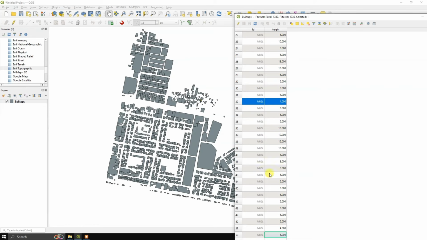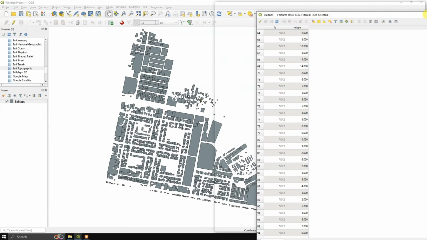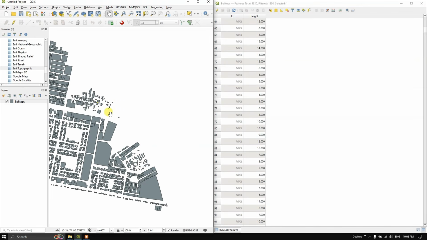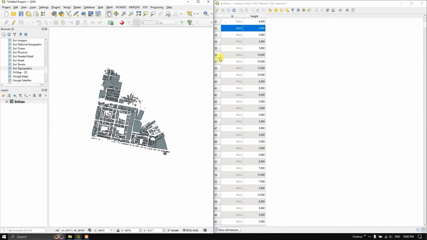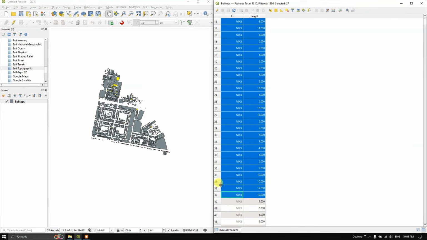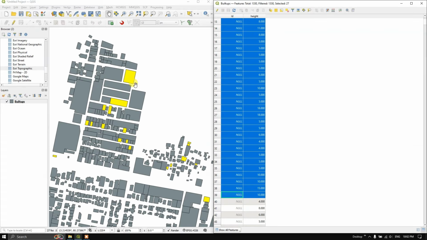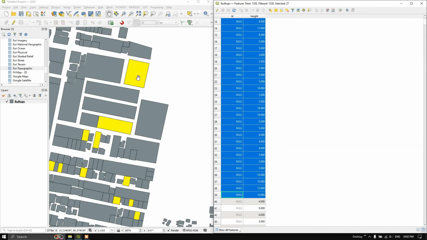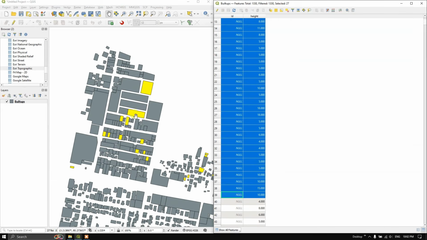For example, now you can see here, if I select these buildings from here, you can see some of these buildings have been highlighted. So each building will have its own height. Using that height we are going to create a 3D view of these buildings,